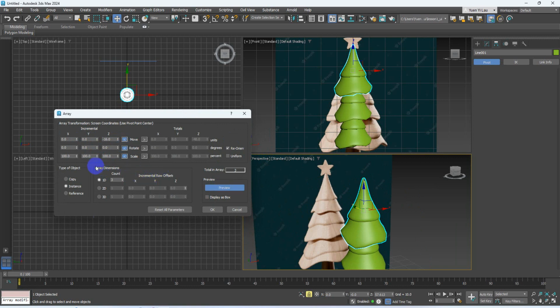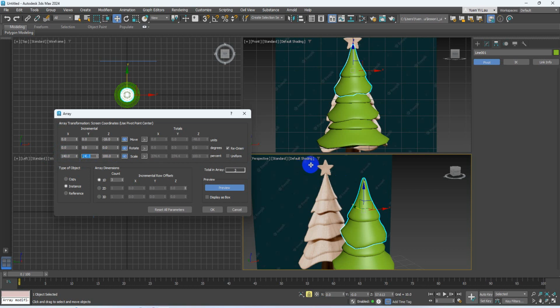Besides the z-axis, I want to increase the scale of my object based on the axis of the perspective viewport. I want to increase the x-axis and the z-axis, so I give a bigger number for x and z right here. Never give a 0 to it. The 0 means nothing. You will see everything disappear. The default number of scaling is 100, so I give